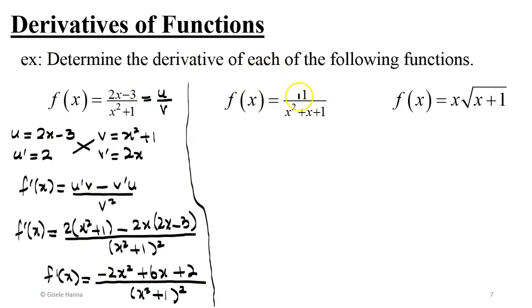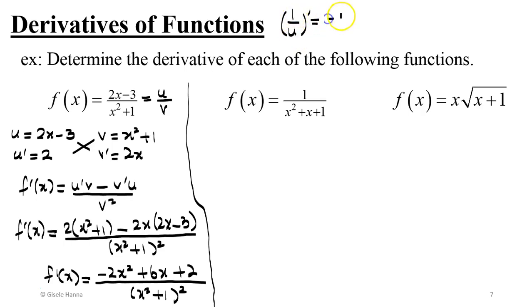Now, again, looking at this function, I have it in the form of a quotient. You can apply the quotient rule for u equals 1. And do not forget that u prime would be 0 in that case. So in that case, u prime times v would not exist in your derivative. However, then you'd have to simplify that expression. While from the start, you can just consider it in the form 1 over u,